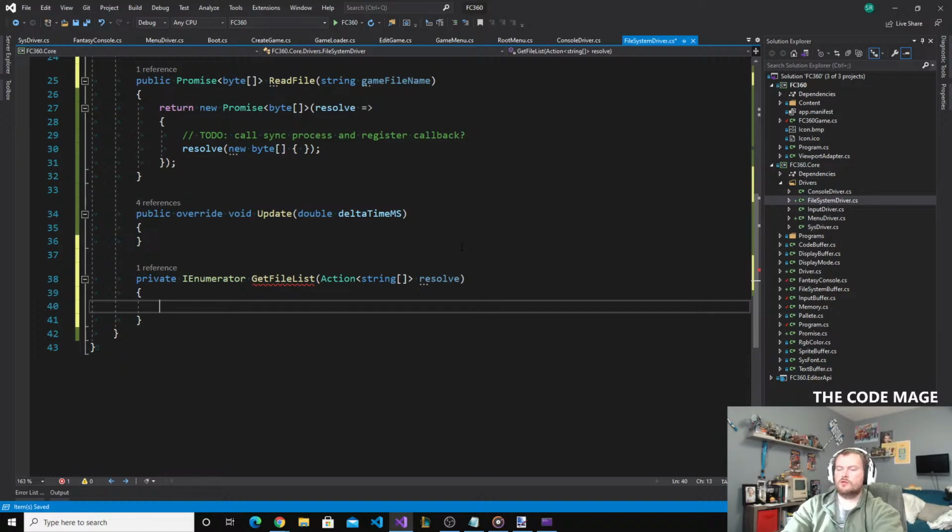So, and then what this will do then is it will execute it in the way that you would imagine things would be executed. So what I'll do to start is to take the file system buffer and set a,